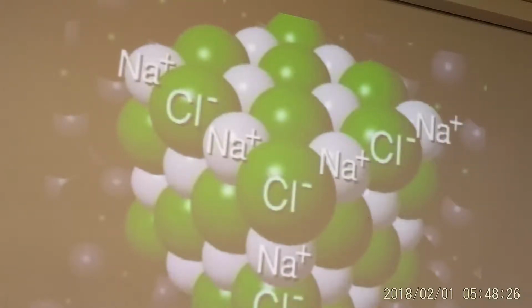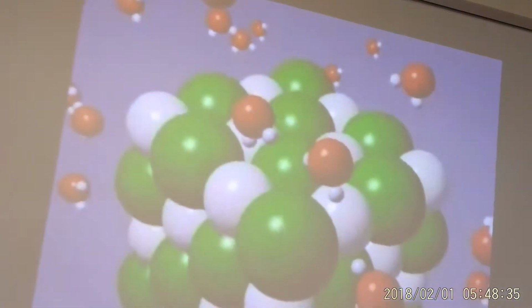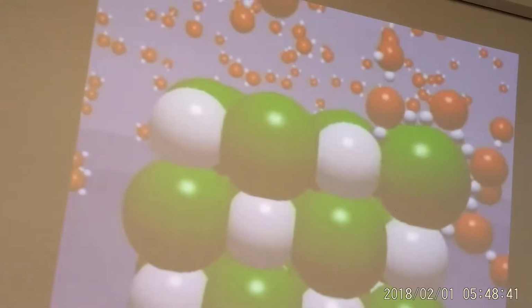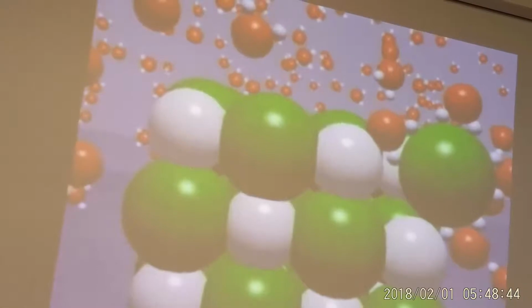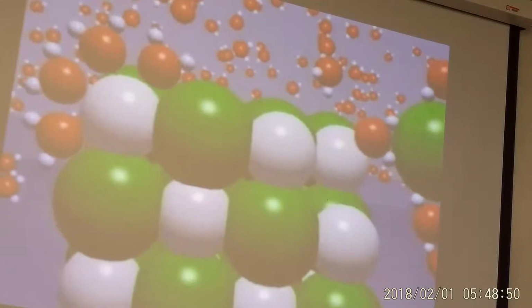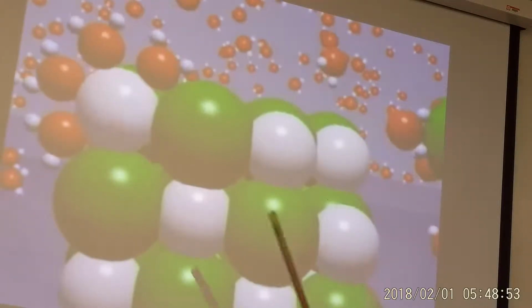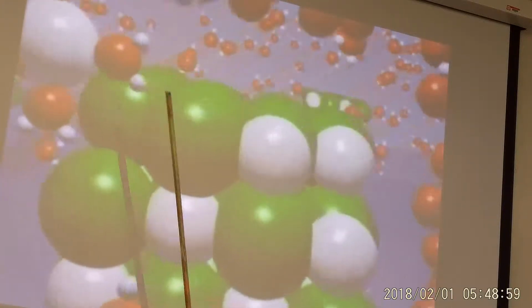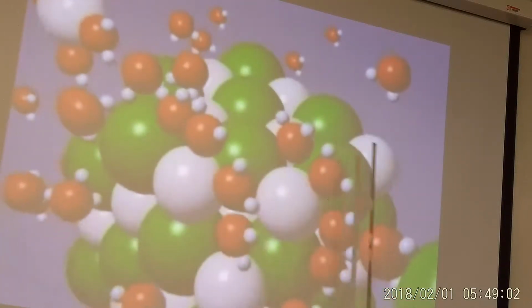The water molecules surround the individual ions, and those water molecules, here we have them surrounding the chloride ion, stabilize the energy around it, and allow it to remove from the crystal. And then water molecules on the other side, oxygen ends of the water molecules here, surround this positively charged sodium ion and remove it from the crystal. And then once the front layer is removed, the lower layers are available, and the process continues until you get